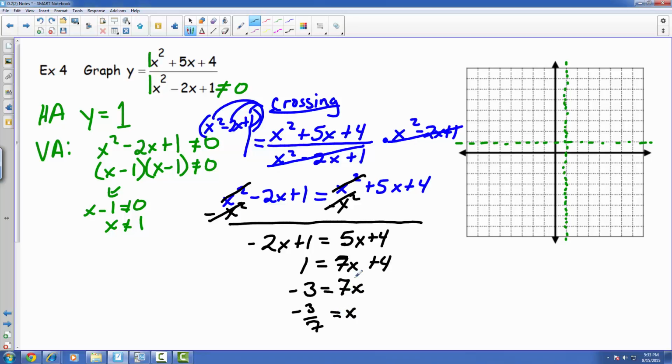Now, to help us determine what our image looks like, we would create a table by plugging values in and seeing what they come out to be. So let's go ahead and do that. If I have an x and a y,